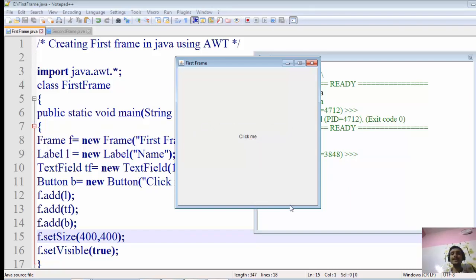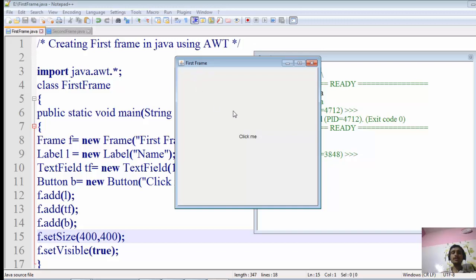Though we can extend it, we can stretch it, it is not a good practice. So we have to set the size in order to make it visible on the screen, as well as we have to set the visibility of this frame as true so that it can be visible to us.